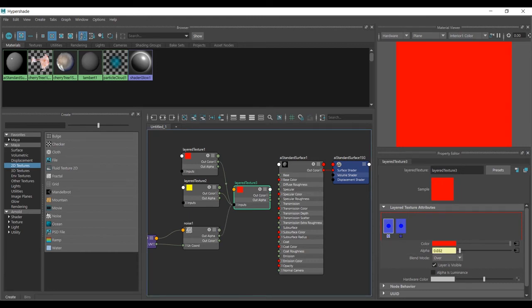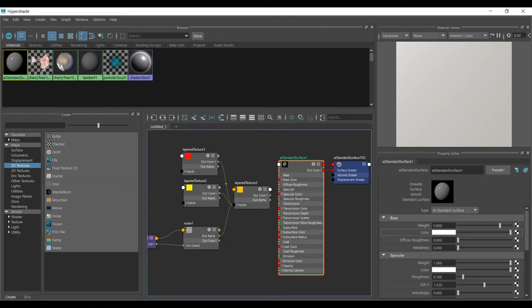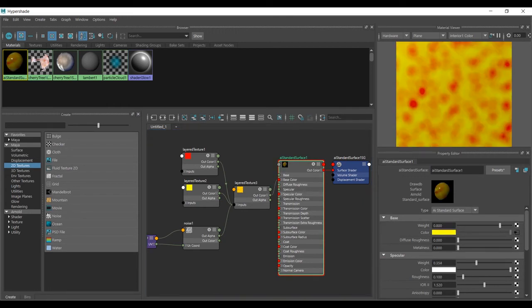I will just say it will render faster if you create this type of texture inside Photoshop. But if you want to have flexibility, you can use these different nodes. So now the only thing is we need to apply it to the